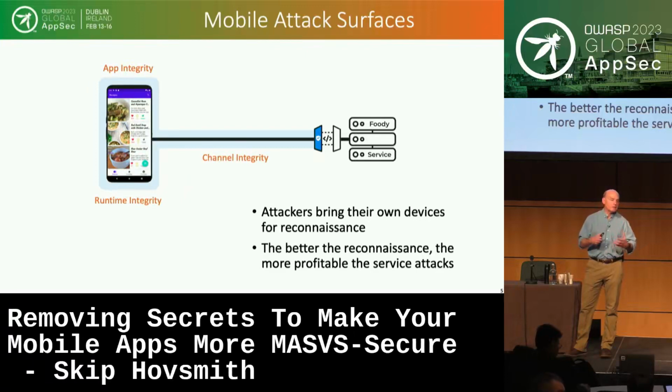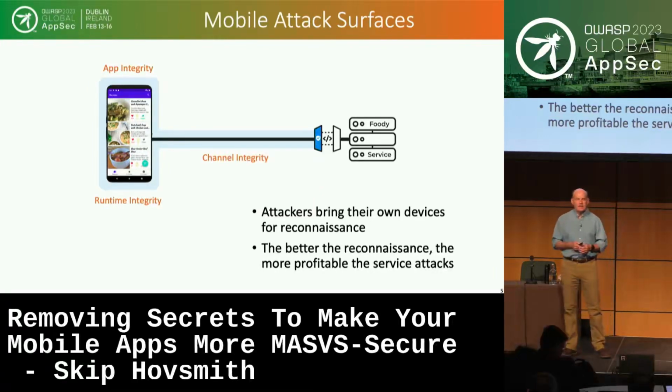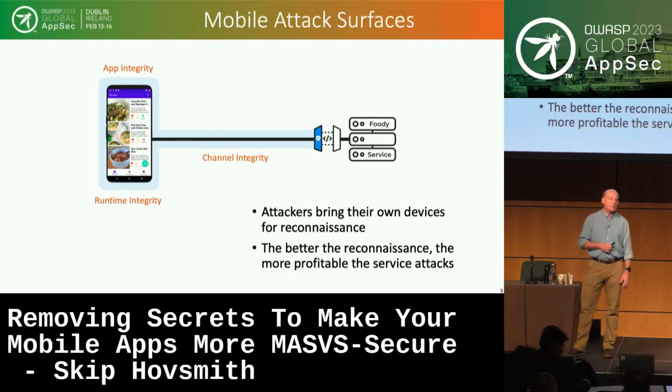Pivoting to the runtime or the device integrity. Is the runtime safe? Is the sandbox model that's being run in Android or iOS intact, or as intact as it can be on those operating systems? And if not, what's gone wrong? What can we do about it? And then pivoting into the channel itself, the communication link between the application and the back end. A lot of the value is in the back end, and today it's become more and more popular to just go ahead and do man in the middle or manipulation in the middle type attacks inside the channel. So can we prevent those and detect that those are occurring?